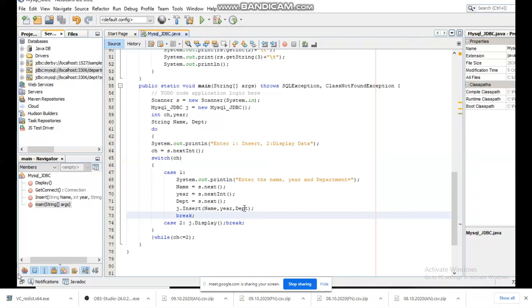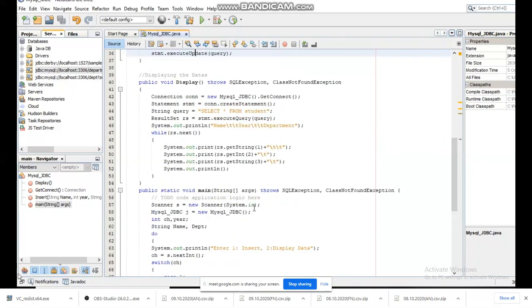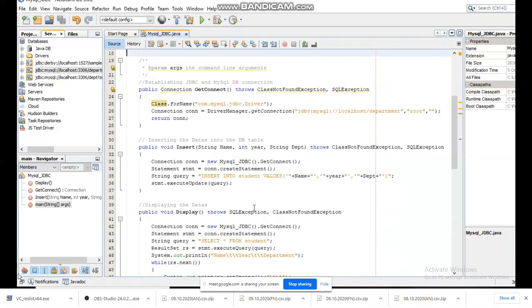In the insert method, remember that we have the query insert into table name values with the corresponding query. So that's the place where it will be useful for us to know, right? So this method will be called. That's what he's pointing out. This method will be called.